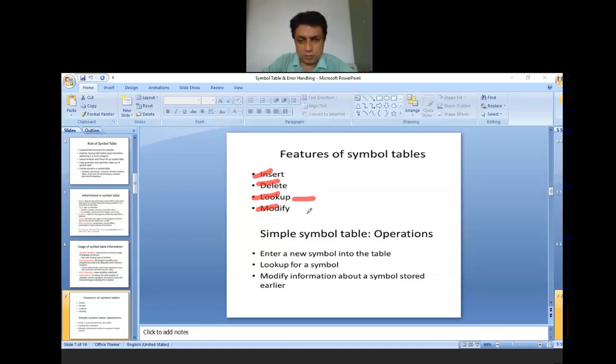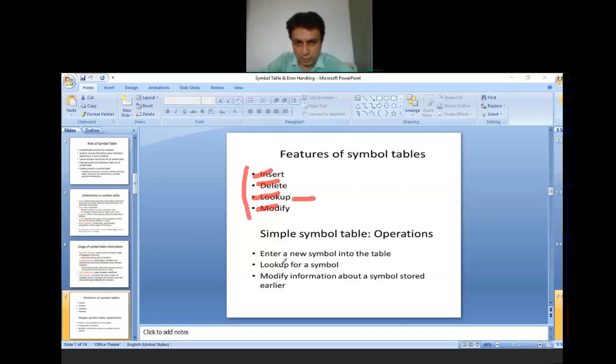Basically, you already studied these functions when you studied the data structure or DBMS subject. How to insert a record in the table, how to delete that record from the table, how to update or modify the record, and how to search that record which was already placed in the table. So these are some of the features which are already satisfied by the symbol table. So these are the operations.